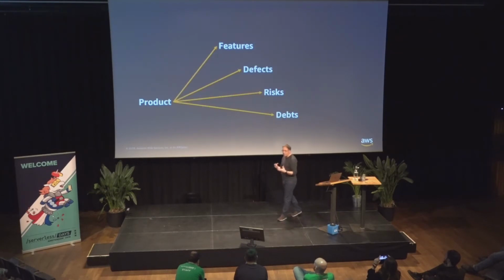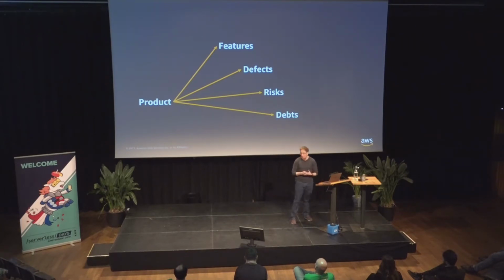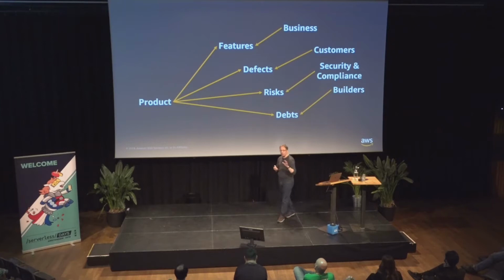Normally, when we build or update a product, there are 4 main reasons. Either we add new features, or we solve some bugs and reduce some defects. Or we want to reduce some risk, like security exposures, or reduce some internal debt, like the technical debt that you accumulate when you continuously update a product, with the risk of having something that is not maintainable anymore. And normally we get feedback from different people, from different teams about this.